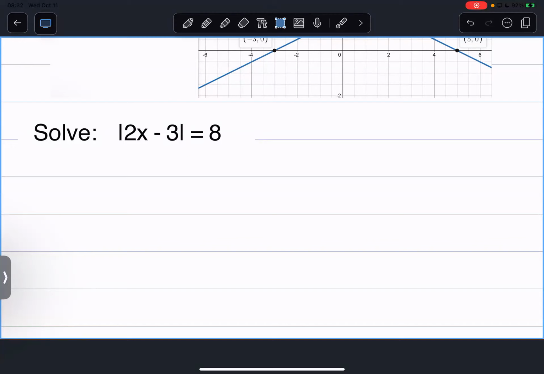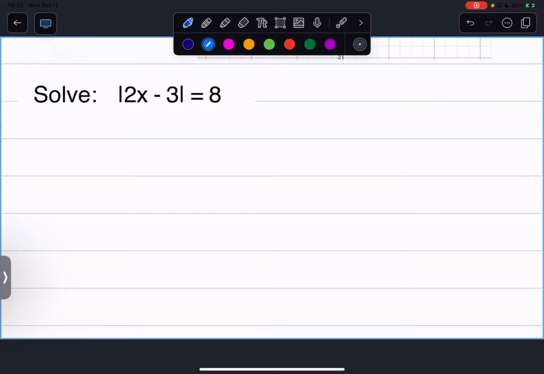We have to solve the absolute value of 2x minus 3 is equal to 8. What are we gonna do? Well, 2x minus 3 can be 8, or if I take the absolute value of negative 8, it's also going to return 8, right? So what I'm gonna have here is a piecewise function of sorts, right? And so I can have 2x minus 3 is equal to 8, or 2x minus 3 is equal to negative 8,